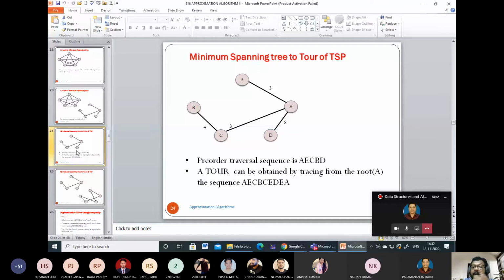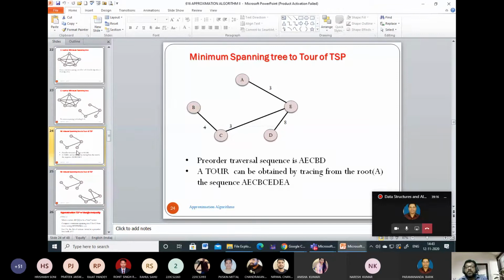You can compute a pre-order traversal sequence of the given graph. And as it looks, if you treat the root as the start, you can find out the pre-order traversal sequence. Once you compute the pre-order traversal sequence, then you try to generate a tour. When you try to generate a tour,